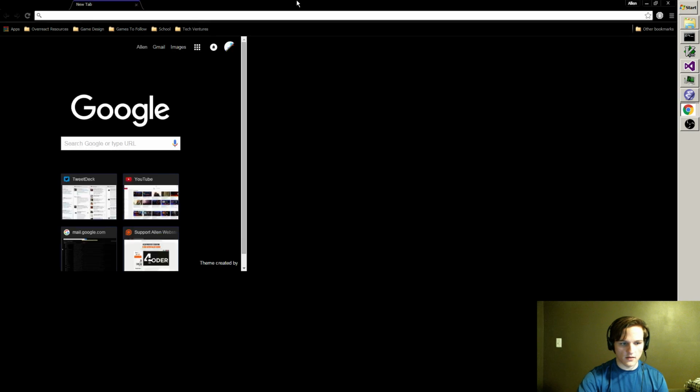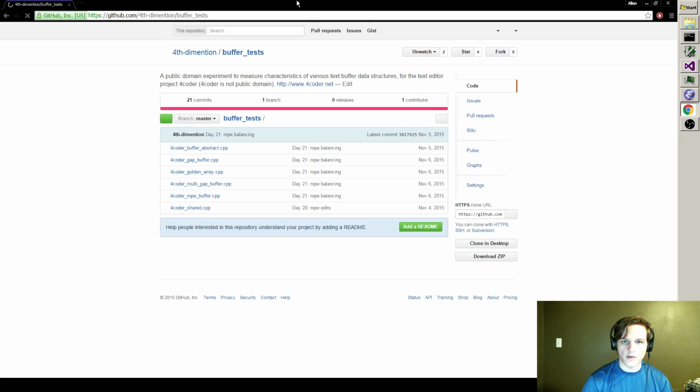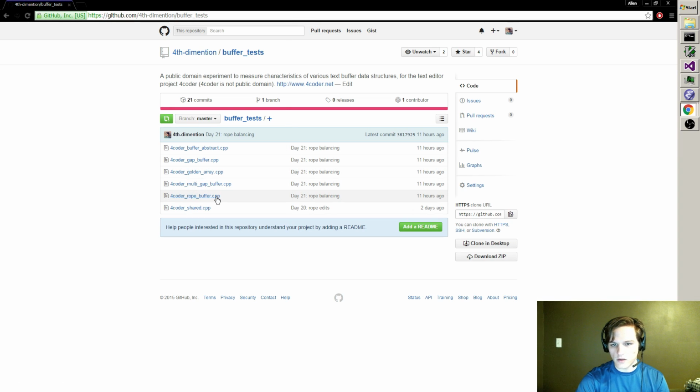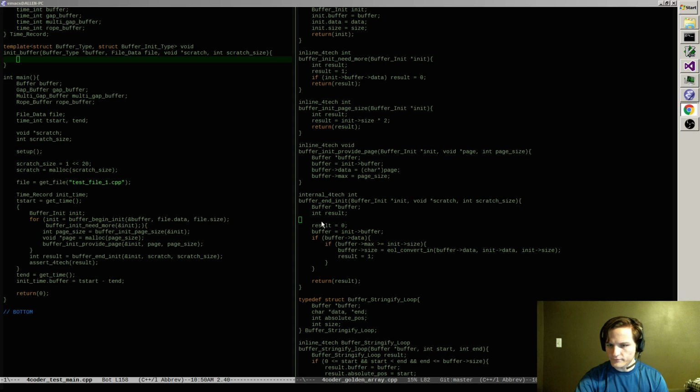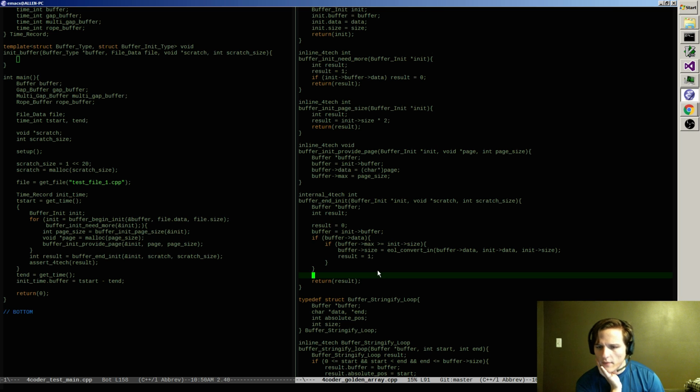And in addition to that, it's all public domain open source stuff, so you can check it out at this GitHub repository where I have the 4 buffer types up there: the golden array, the gap buffer, multi-gap buffer, and the ropes, as well as some other code that they need. Right now I'm setting up this test harness, which will also show up in this repository tonight. So I'll post this link in the chat in case you are interested. Okay,